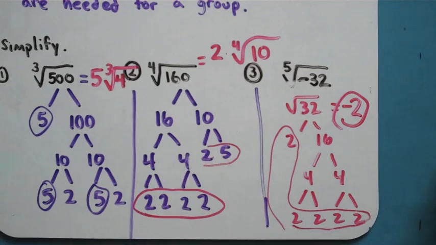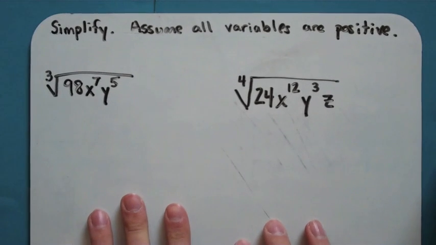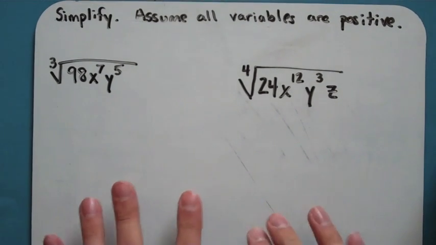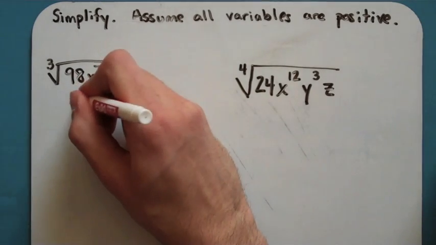So to wrap up this video, I'm going to introduce 2 problems with variables in them. When you guys first look at these, this is going to look a lot more complicated. But the thing is, it's really not any worse. I'm going to show you the hardest part's already out of the way, which is what we did on the last whiteboard here. So looking at a cube root here, the first thing I'm going to do is break down